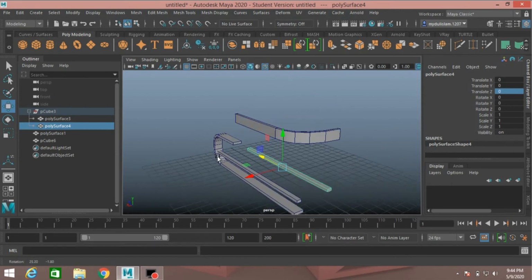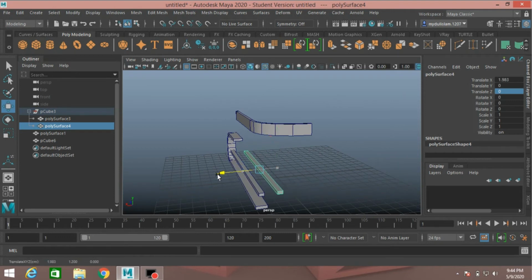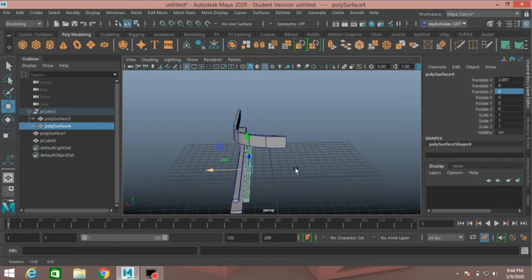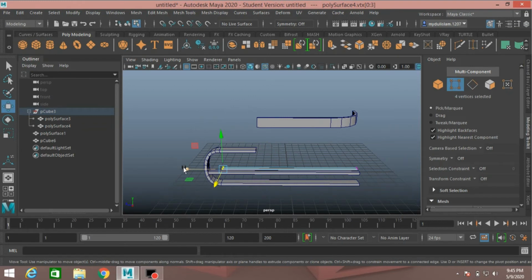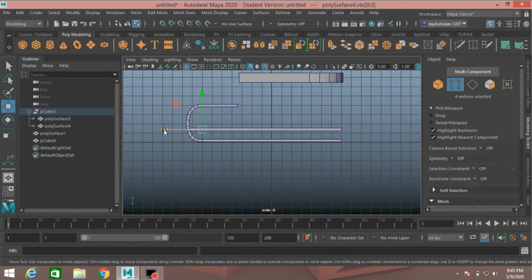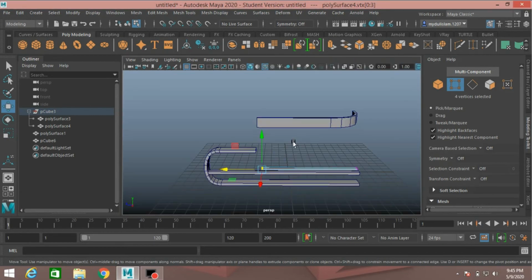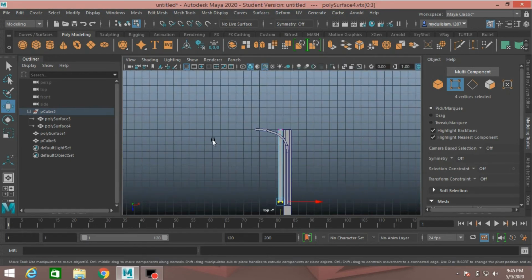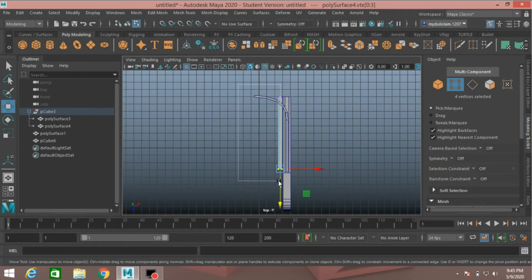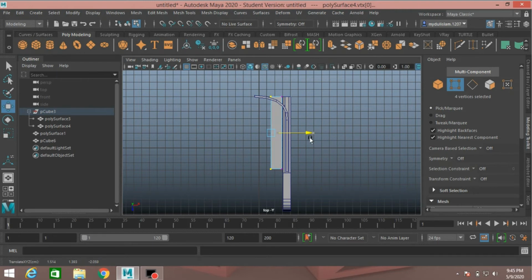Now move it here and go to vertex mode. Now go to side view, move the vertex just like here. Again go to top view, select this vertex and put it here.